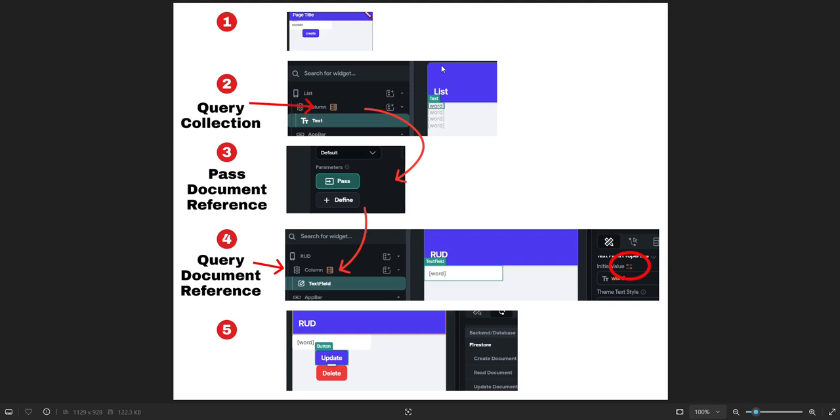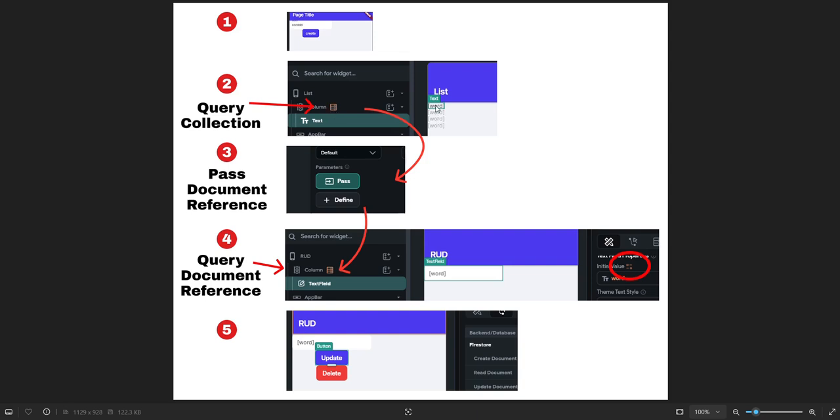In this video, I'm going to show the standard database operations in FlutterFlow. Let's take a look at a diagram before we show it in the user interface. First, I'm going to use our home page for a create function to demonstrate that there are no dependencies or passing data. When you create, it'll take us to our list page where you query the collection to display the